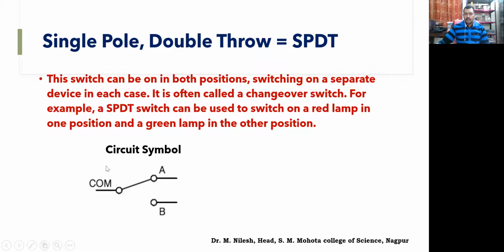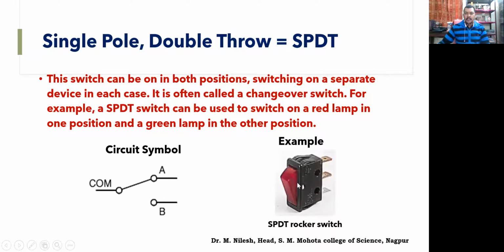So this is the common terminal over here, and these are the two points A and B. Both the wires are connected, right? When the common terminal connects to point A, it will switch on the A circuit which is connected over there. And when it connects to point B, then it is going to connect the other circuit which is supposed to be connected on the B side, right? So this is called a single pole double throw switch because it has two lines which need to connect to a common wire.